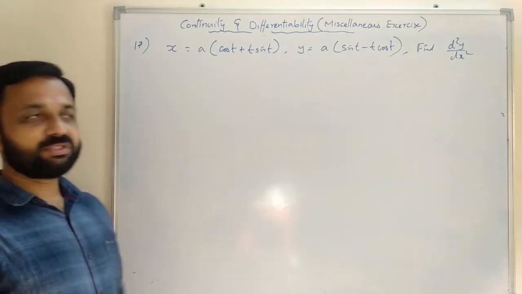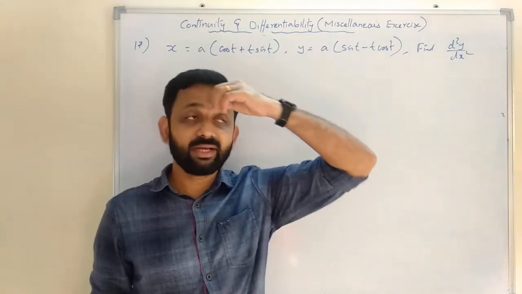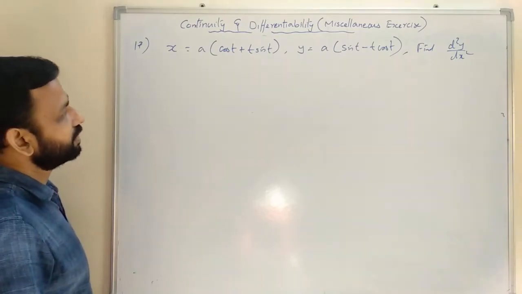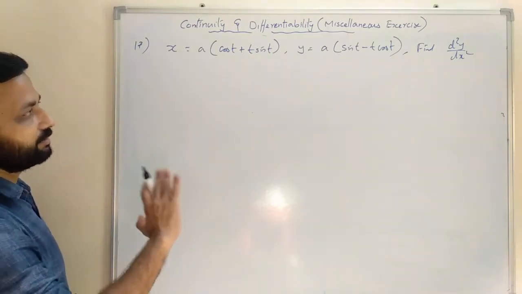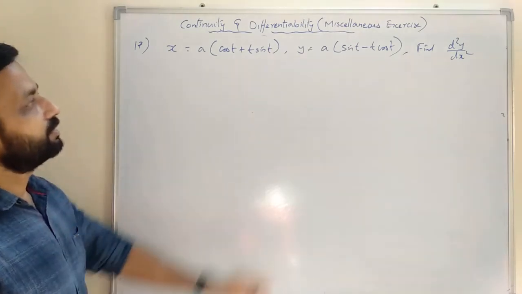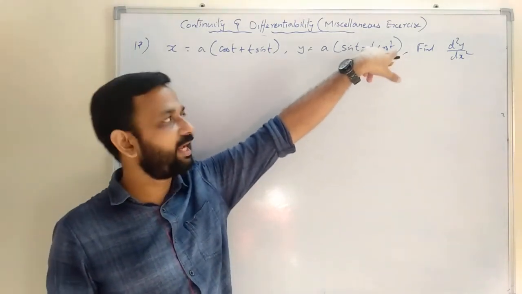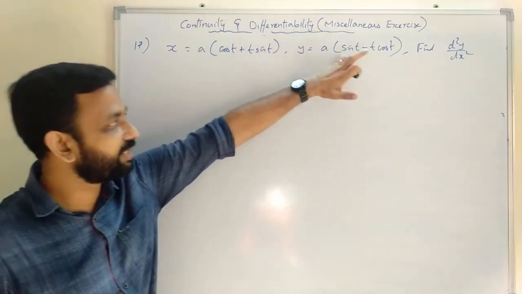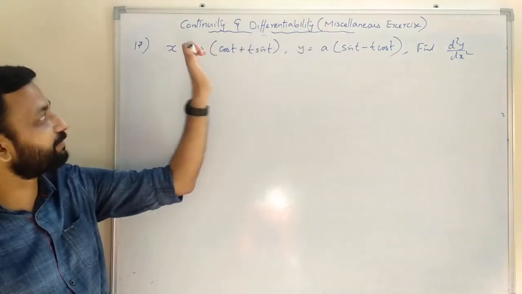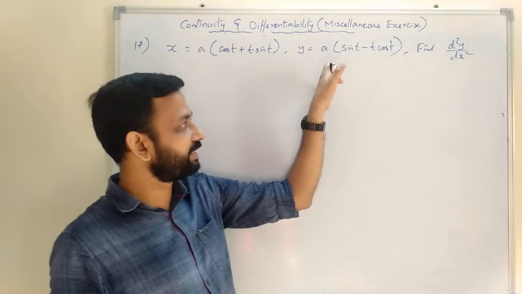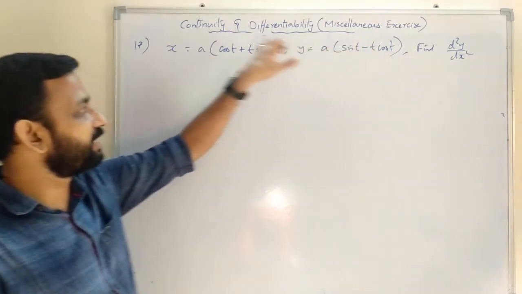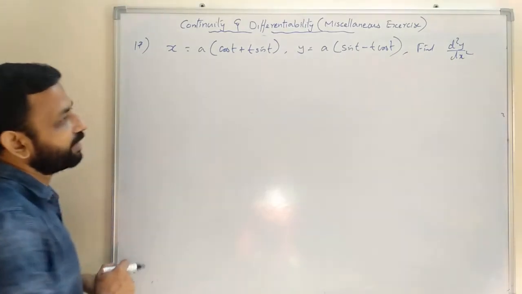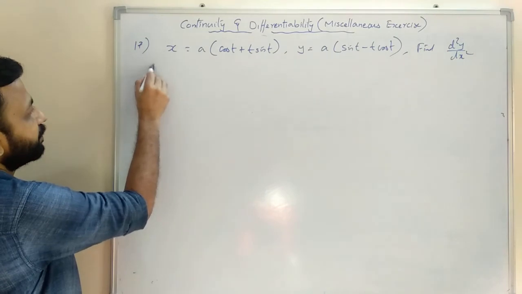Second derivative. So first we will find dy by dx, then derivative of dy by dx, that is d square y by dx square. So here this is in parametric form, so t is the parameter. And we learned how to find dy by dx. dy by dx is equal to dy by dt upon dx by dt. So we have to find dx by dt, then dy by dt, then dy by dx is equal to dy by dt upon dx by dt. Then again we will differentiate, so we will get d square y by dx square. So we can find dx upon dt.